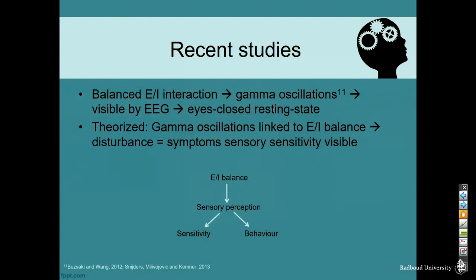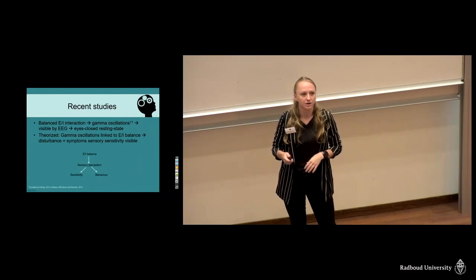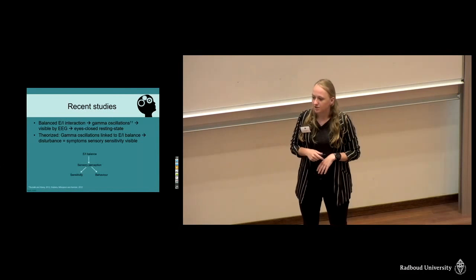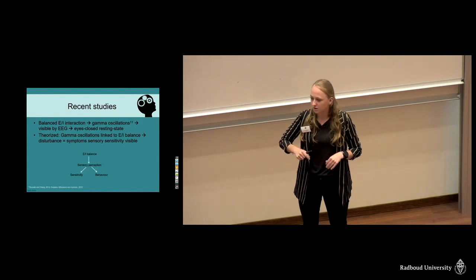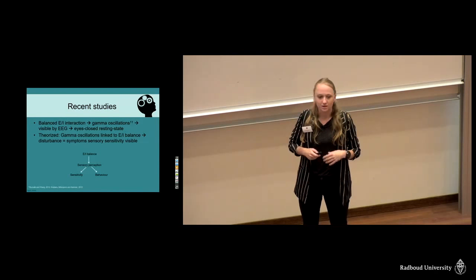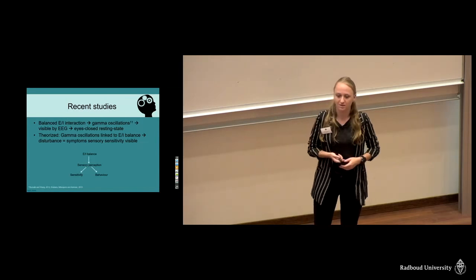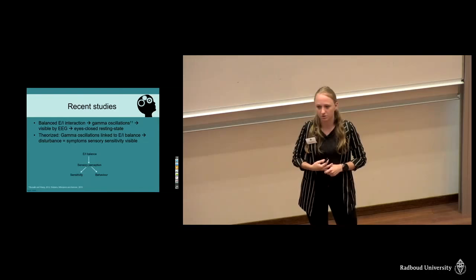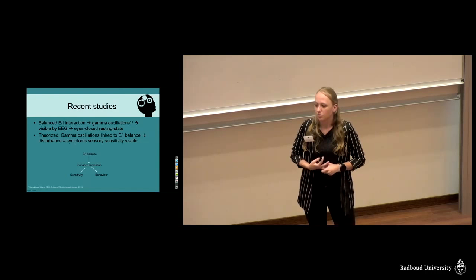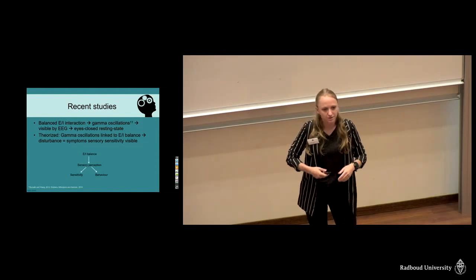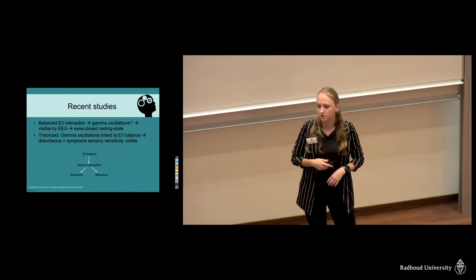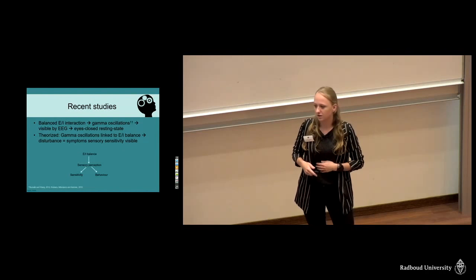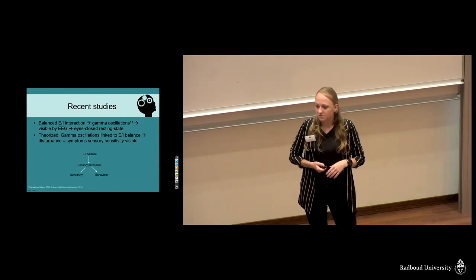So, this balanced EI interaction can be visualized by EEG, because when excitation and inhibition interact, gamma oscillations occur, and these can be visualized by EEG during an eyes closed resting state. So when gamma oscillations are linked to this EI balance, a disturbance in this balance should show symptoms of